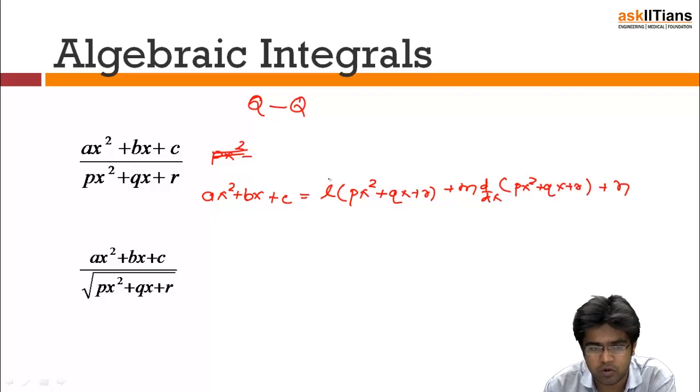Now what happens is there, because there are three different things that we are manipulating, we are actually changing a, we are actually changing b, and we are actually changing c. So we need three equations to find out these three variables L, m, n. The first equation will come by comparing the coefficients of x square, the second by comparing the coefficient of x, and the third by comparing the constant term.